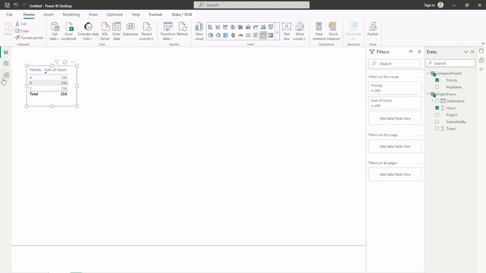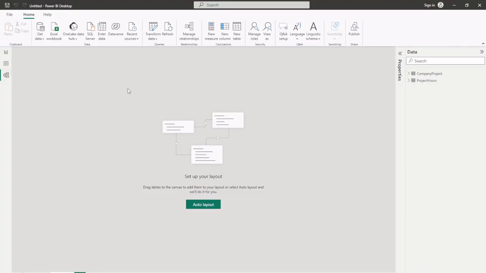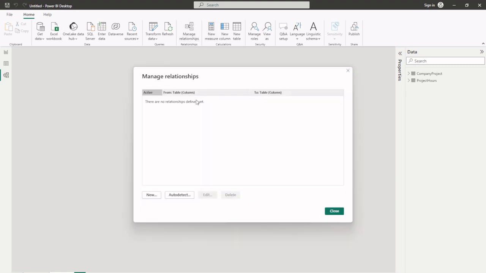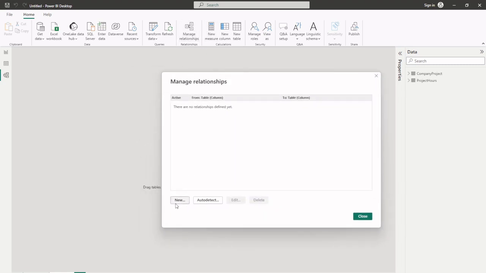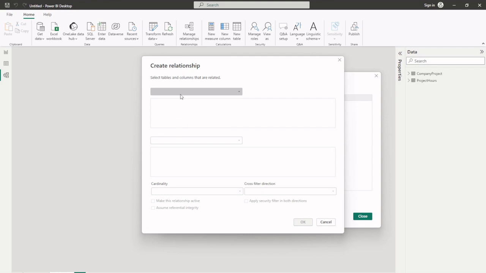So what we are going to do is we go to model view and we are going to build a new relationship between these two tables. When we loaded the data into our Power BI report, Power BI couldn't automatically detect the relationship, but we can do it manually. So under the model view, click on manage relationships and then click on new